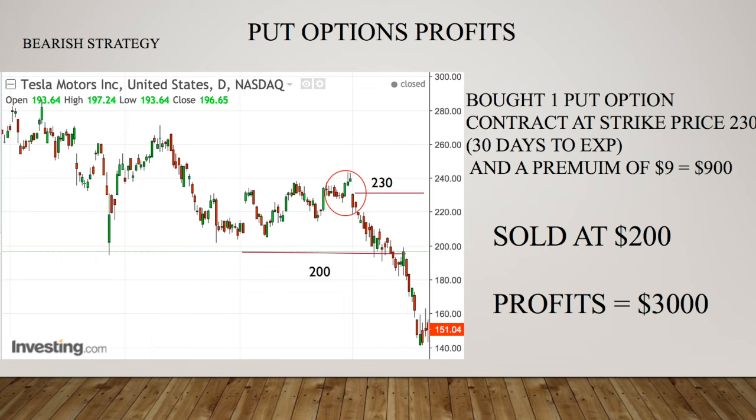I actually did this trade. I love Tesla. Tesla's cars are amazing. But what happened during this period was that it came out with negative earnings because Tesla has so much debt. If you look at the balance sheet and the income statement, you see what I'm talking about. But overall, I love Tesla. Tesla's a good stock to use options for.